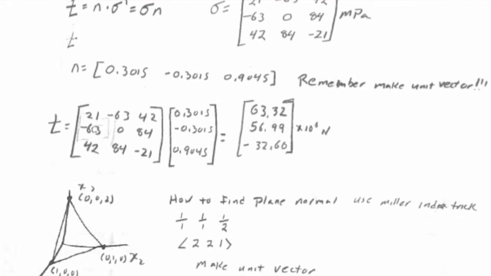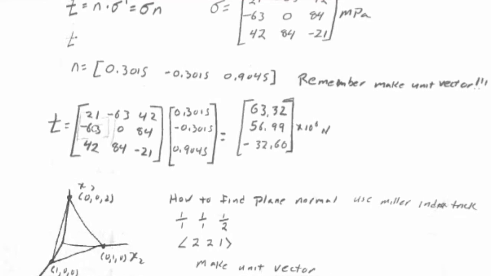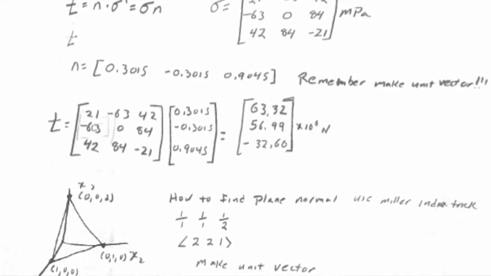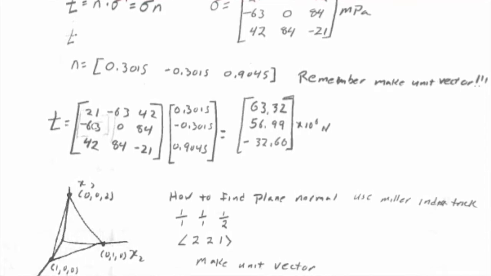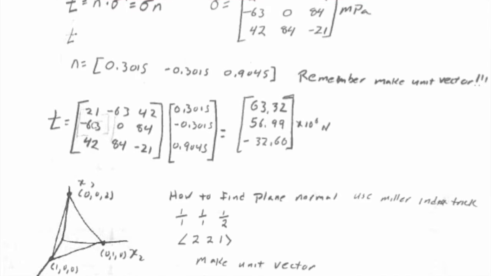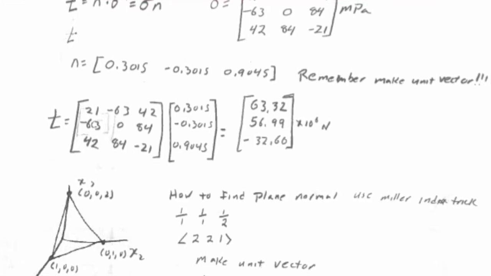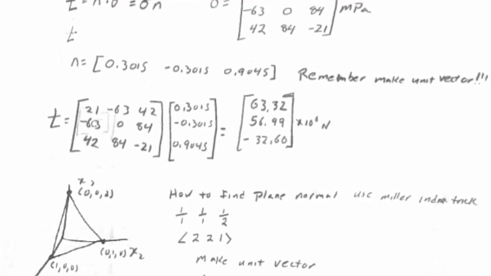1/7 times E hat 1 minus 2 E hat 2 plus 6 E hat 3, right? And I say, what's the traction, right? So it's just a